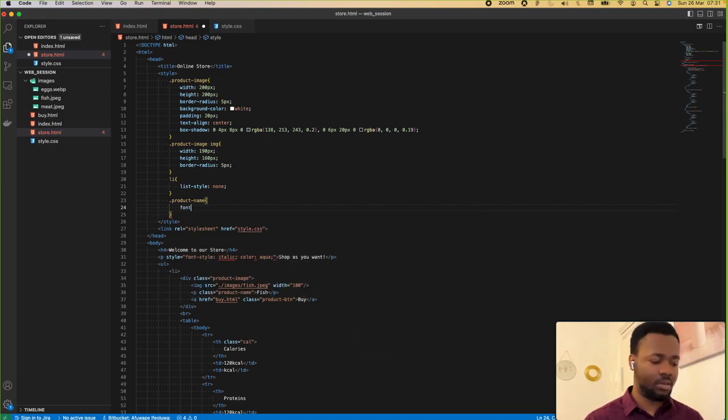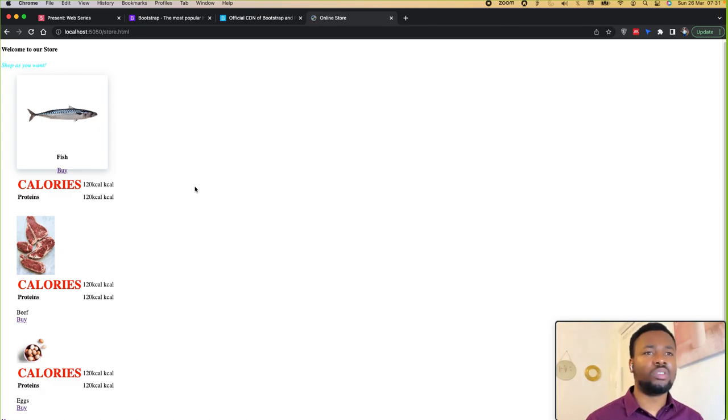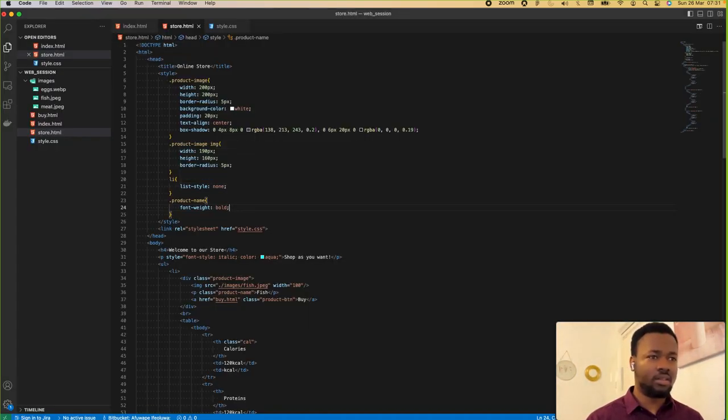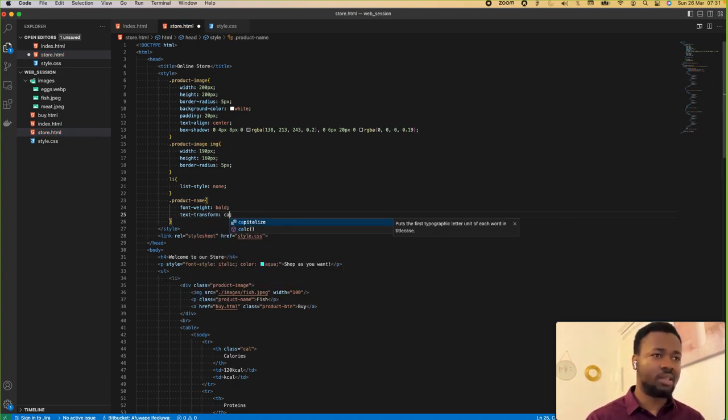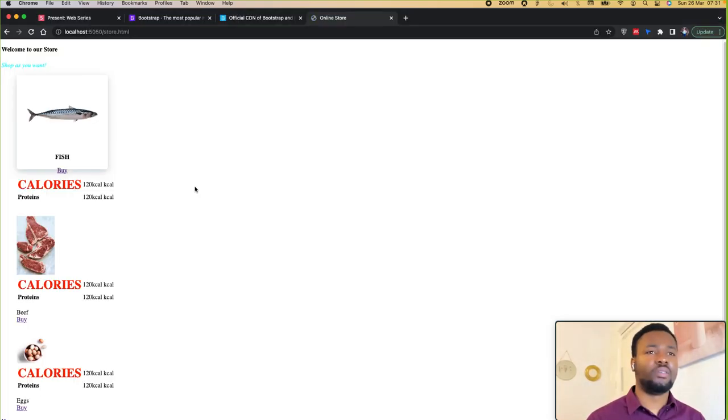Font weight bold. That happens instantly, right? Text transform. I want it to be capital letters, so I'll just do uppercase. Capitalize we just do for the first one. Uppercase,